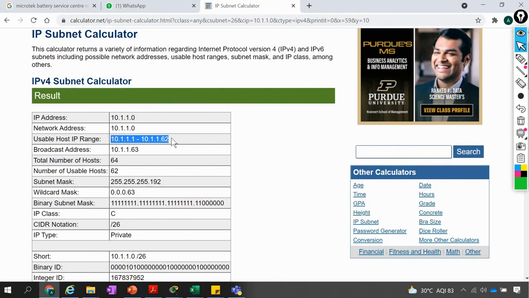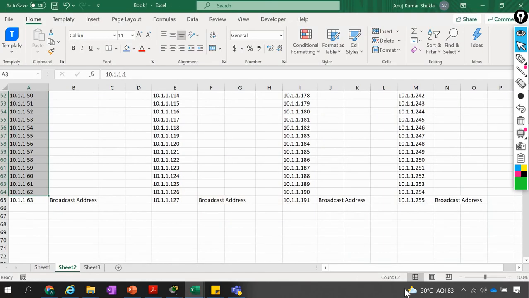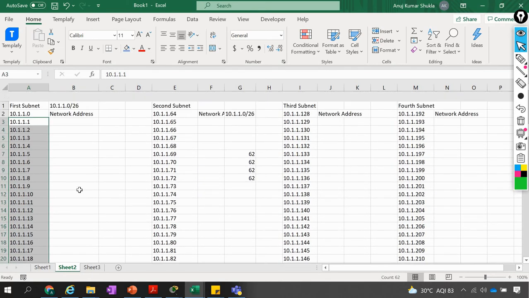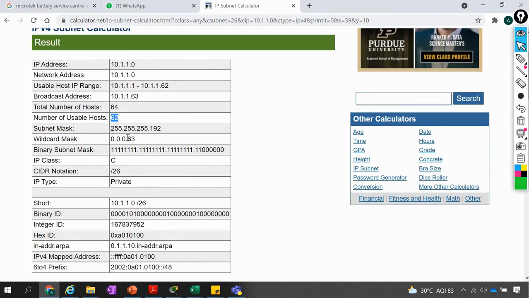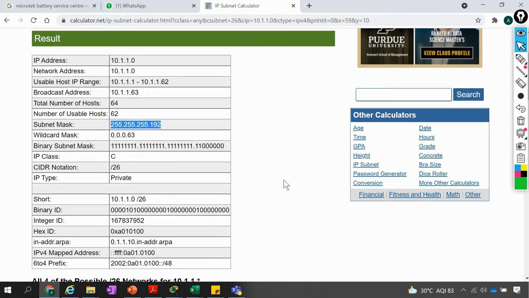Total number of hosts, including the network and the broadcast addresses, is 64. The total number of usable hosts is 62. We are not considering the broadcast address and the network address. The wildcard mask is 0.0.0.63, not to worry, and the subnet mask is .192 in this case.